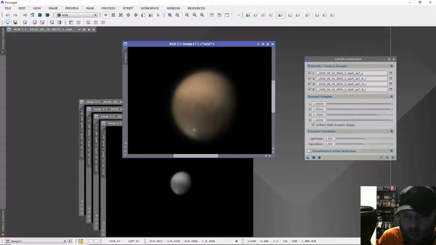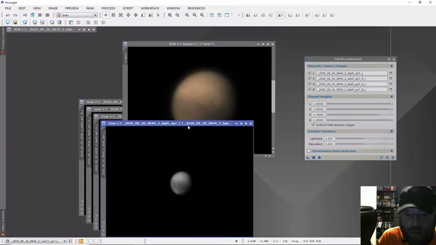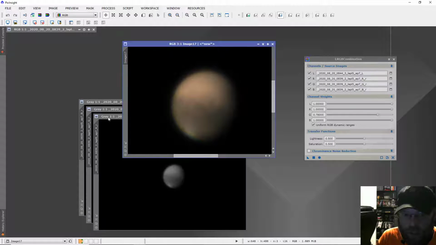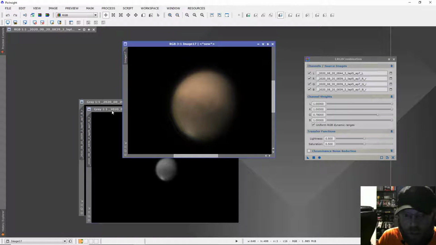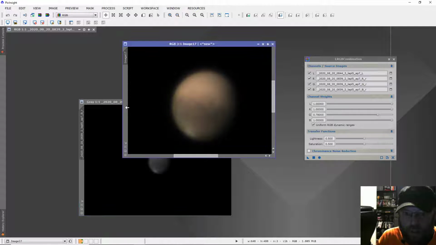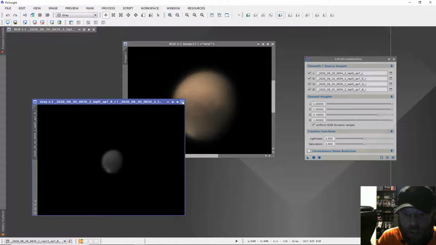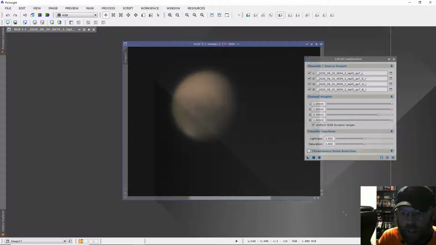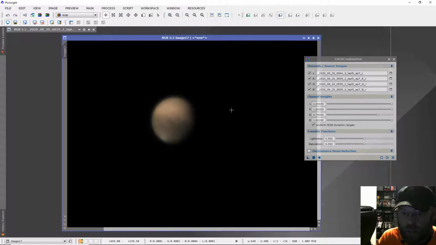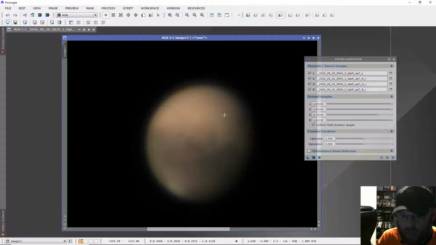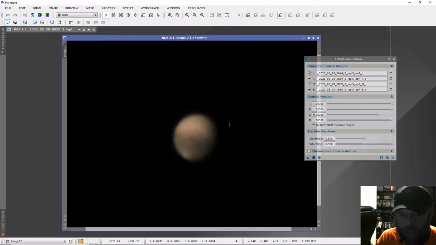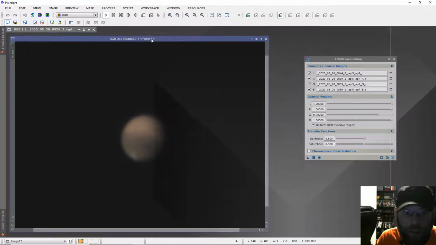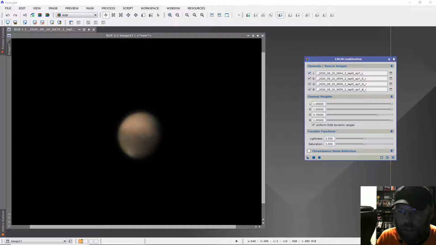We'll call that good. Okay, so this is our infrared as our luminance channel, and the RGB from the UV IR cut filter, and this was all taken with the same ASI 224 MC, and that is the combined image. Now we can go ahead and sharpen,